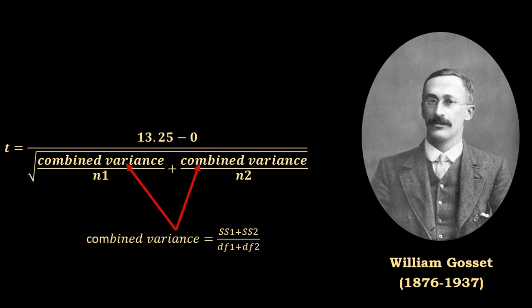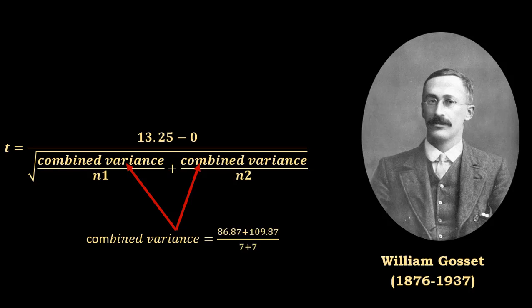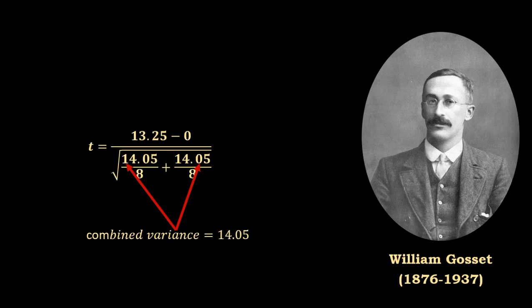So let's replace those numbers. So the sum of squares in type A was 86.87, and the sum of squares in type B was 109.87. And the degrees of freedom, as I mentioned, 7 in each case. Now we plug that